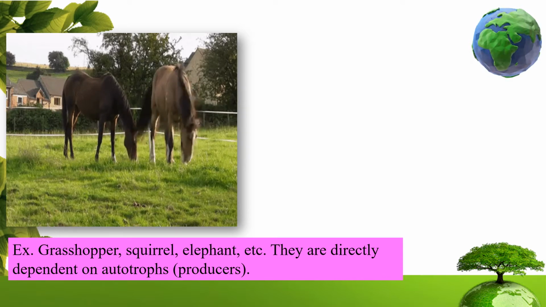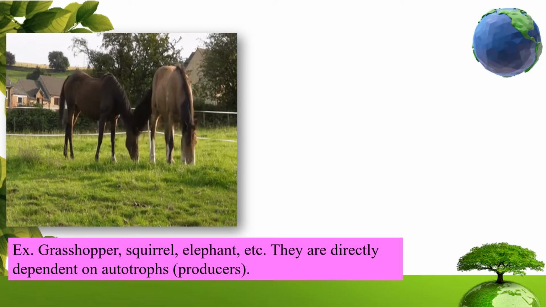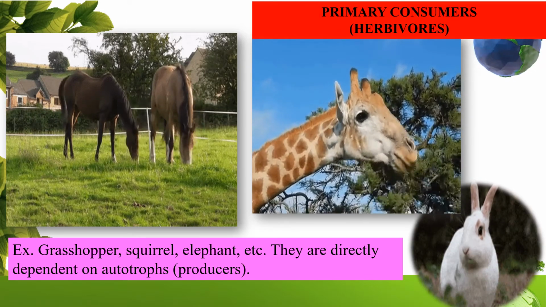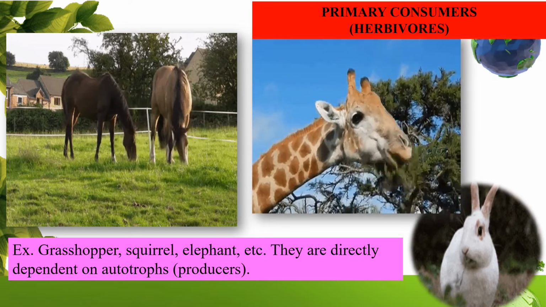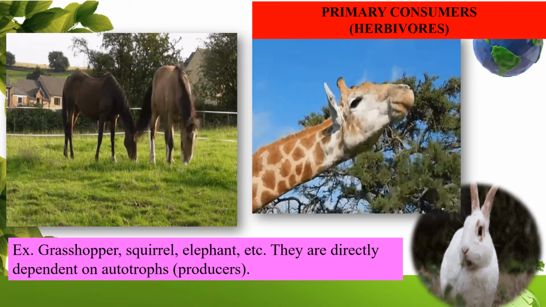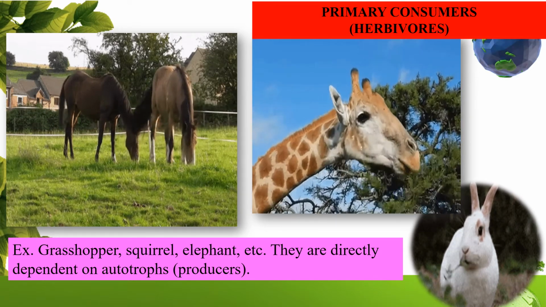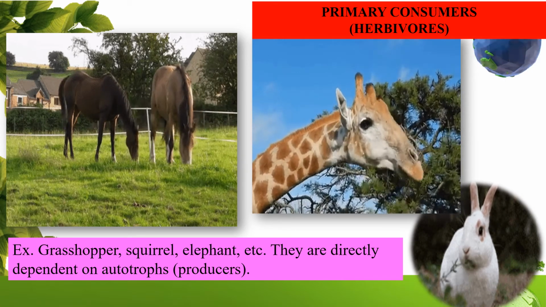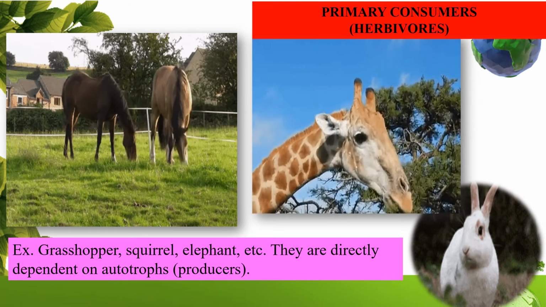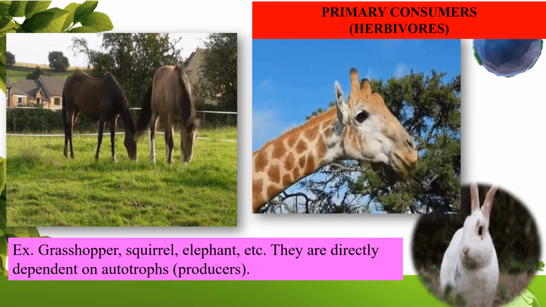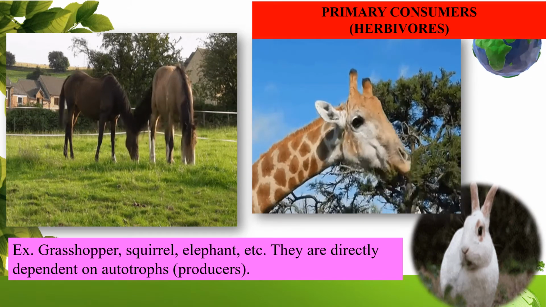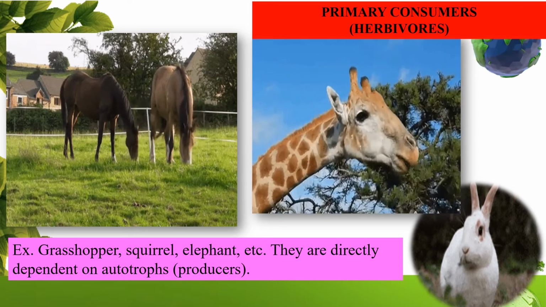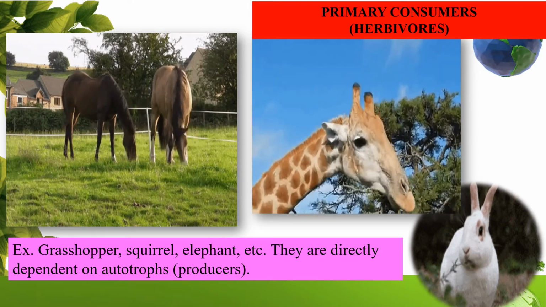Now, the animals which feed on grass, leaves, fruits, or vegetables come under primary consumers or herbivores. Remember the examples here: a grasshopper, squirrel, elephant, etc. They are directly dependent on autotrophs, that are the producers. ठीक है? तो जितनी भी चीजें यहाँ पर आप लोग देख रहे हो, वो सब प्रोड्यूसर पे डायरेक्टली डिपेंडेंट हैं।